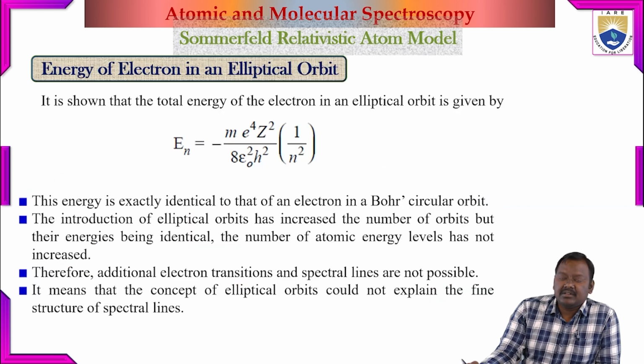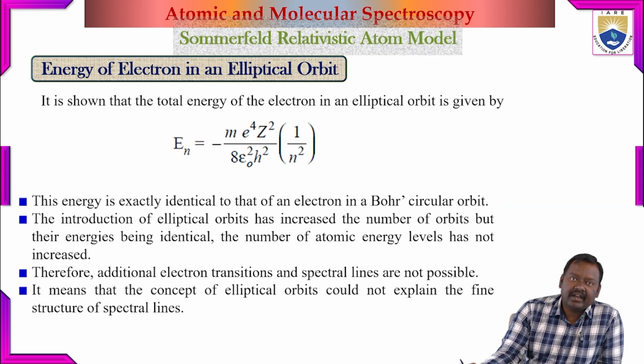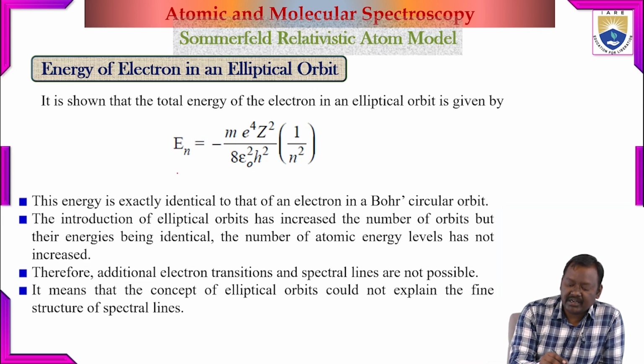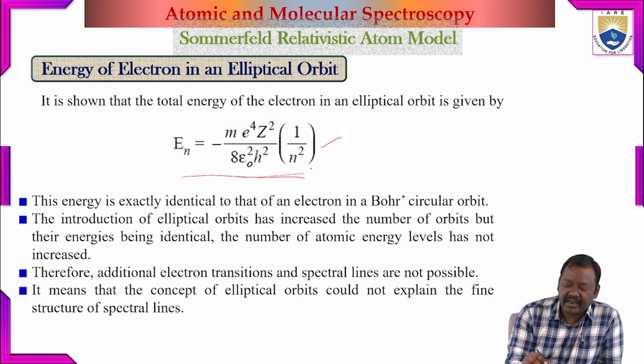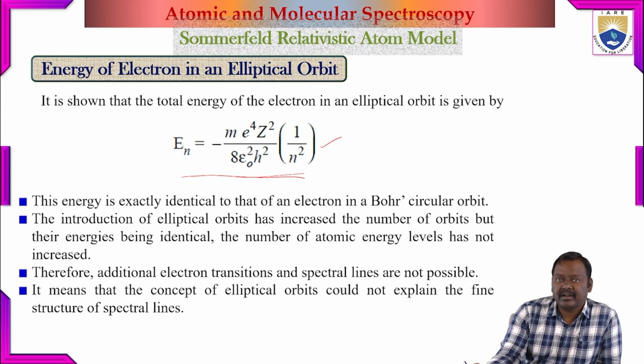But when we calculate the energy of the electron revolving in the elliptical orbits, it can be calculated to be minus Z squared m e to the power 4 over 8 n squared epsilon naught squared h squared. That means it is also inversely proportional to the square of the principal quantum number n, and it does not depend on the azimuthal quantum number nφ. And also we can see that the energies of electrons in the elliptical orbits are the same as the energies of the electrons in the circular orbits,